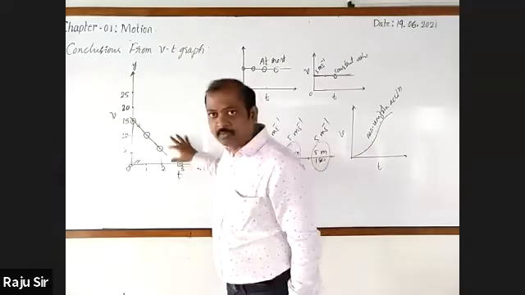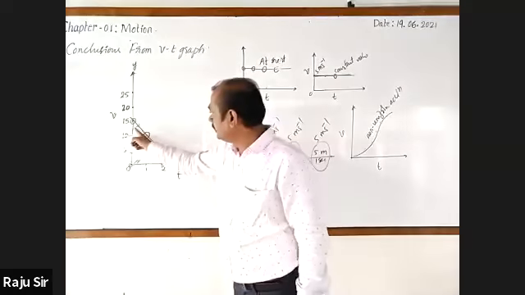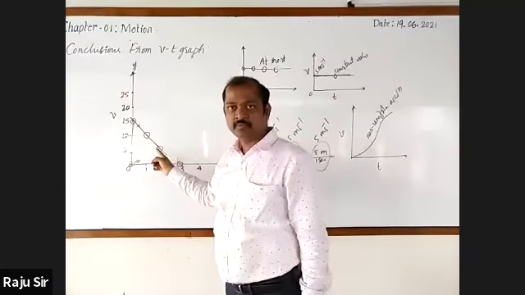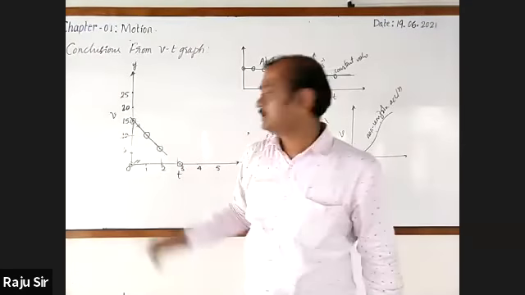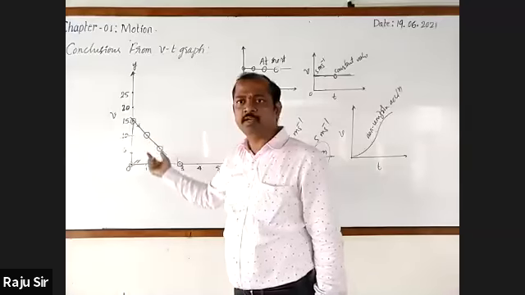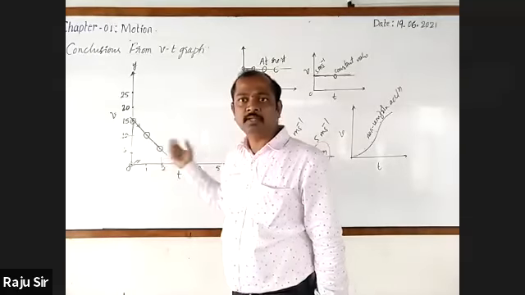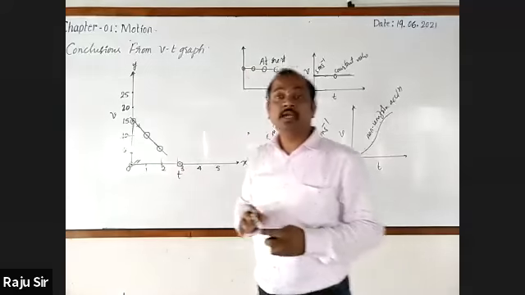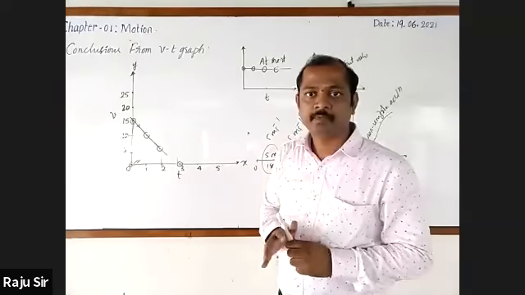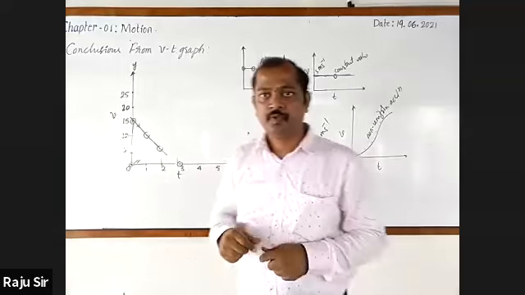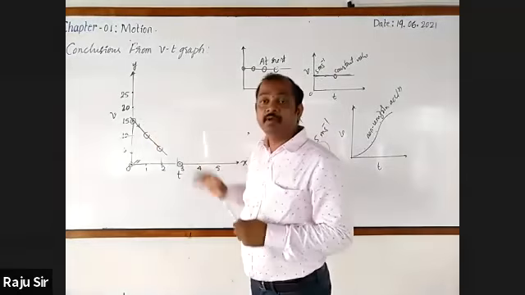In this case of negative acceleration, you can come to know that there is a change in velocity, and this change in velocity is equal amounts in equal intervals of time. Every 1 second, it is 5 meters per second. So you can say that it is uniform deceleration, or retardation. Constant deceleration. Clear? Did you understand? Yes, sir. It is uniform retardation.